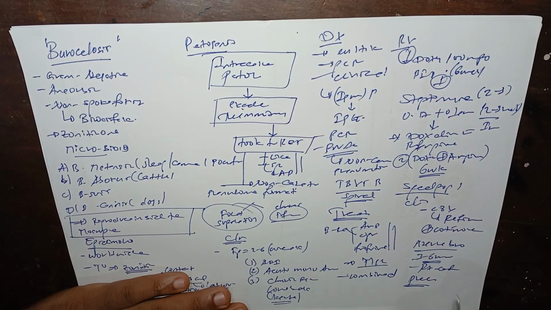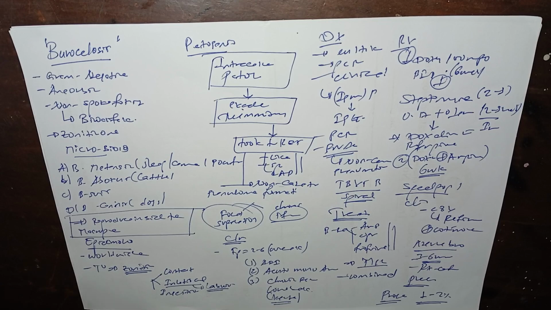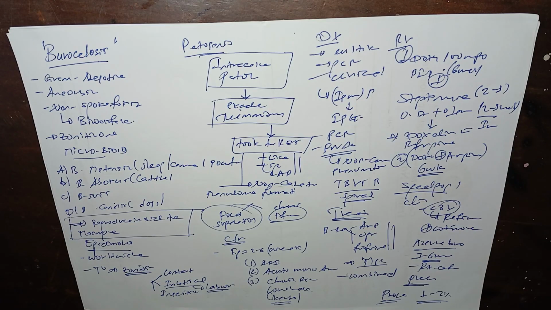And finally, the prognosis. If left untreated, brucellosis can progress, but with proper treatment, mortality is 1 up to 2% of patients. Another important point is that if the child is 9 years old, we need to use rifampicin with cotrimoxazole. You have to discontinue ciprofloxacin and other quinolones. So this is all about brucellosis.